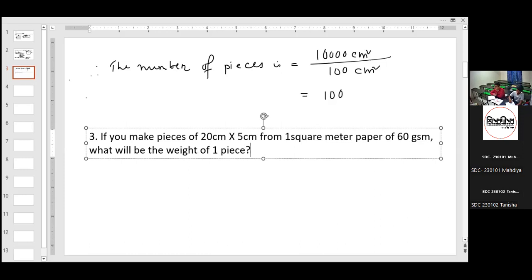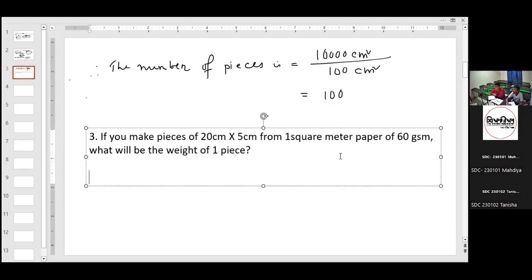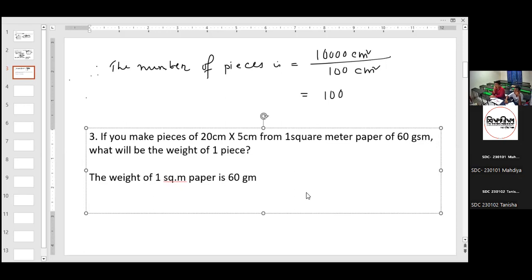These 100 pieces weigh what? 60 GSM. We can write it down from questions 1 and 2: the weight of 1 square meter of paper is 60 gram, that is 60 GSM, gram per square meter, right? So therefore, we can say that